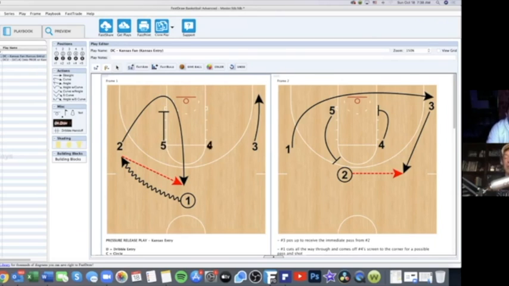Well, and if they're more athletic, here's my theory with this too, Coach. If I'm more athletic, you're going to have problems. I love the name entry play, to be honest with you, because if you can't enter the ball, you got problems. Correct. And I'm so glad you brought that up because you have to have pressure release plays in your playbook, because they're going to deny the wings, they're going to deny the posts, they're going to be denying all these things. And if your offense relies on a pass being made to a wing, you're in trouble and you're already out of your offense. So now what do you do? And if you're not as good or as athletic as the opponent you're playing,